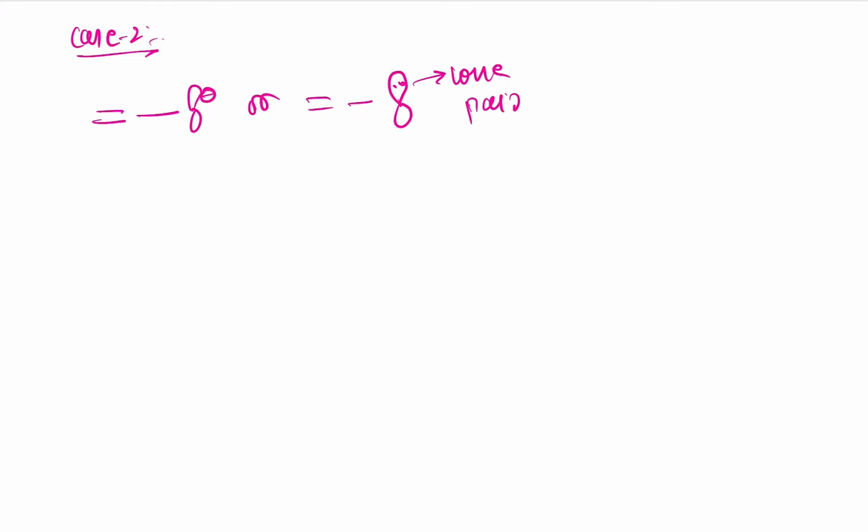So now we are going to see case number 2 of the types of conjugation, where the double bond is in conjugation with the negative charge, or you can say a double bond is in conjugation with a lone pair. Both are the same. This is called the lone pair. Why are they both the same? They both are the same because